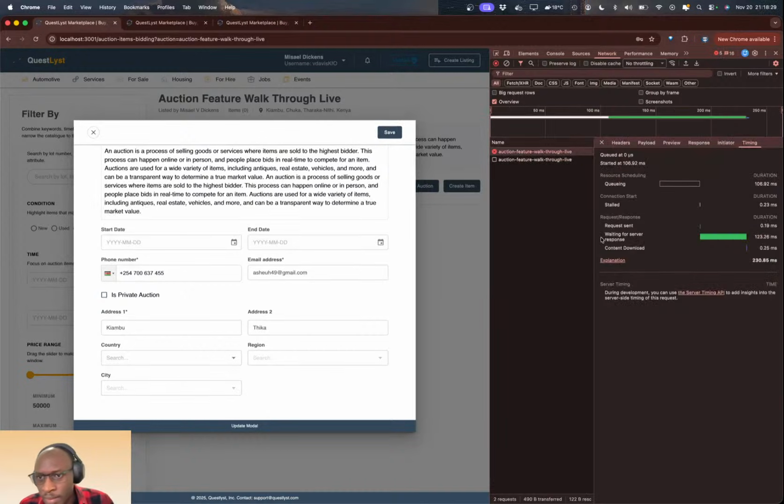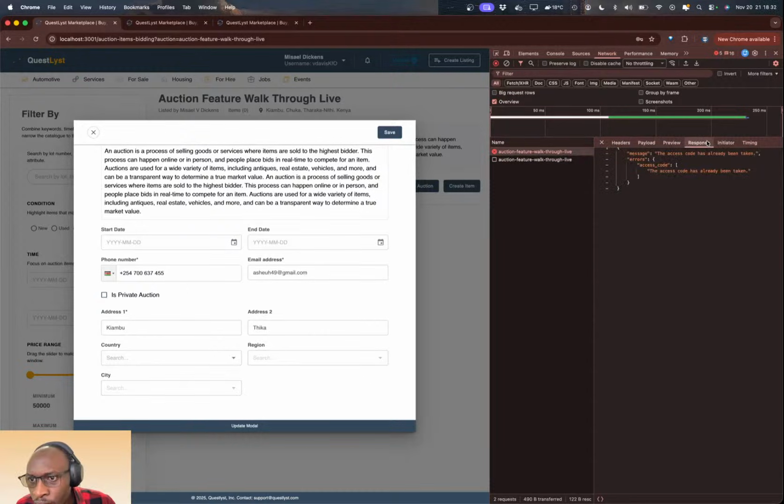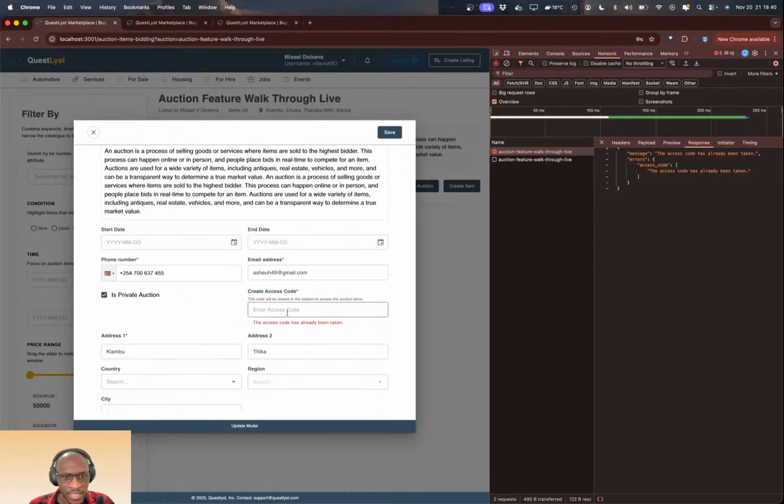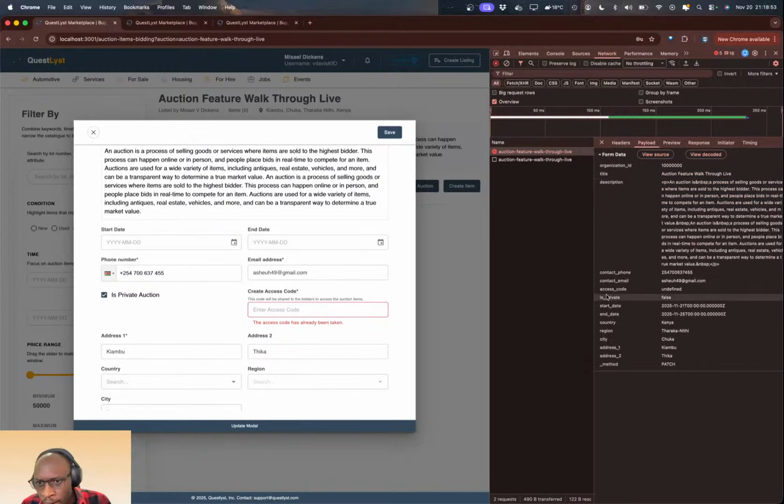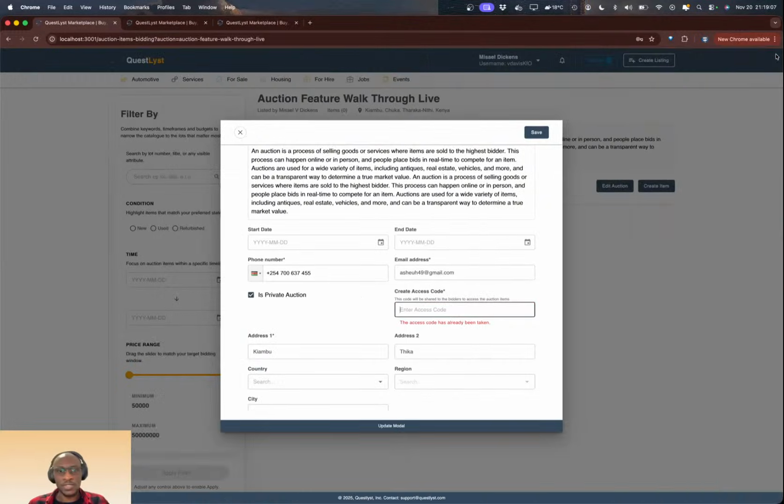Okay, it says access code has already been taken. What do you mean? I don't have an access code. Oh okay, so that's a bug. This was not a private auction, and it looks like it's trying to access undefined. I'm sending the wrong value, I'm sending an undefined. I think this is a bug. I think we'll fix that, but for now I'll just walk you through